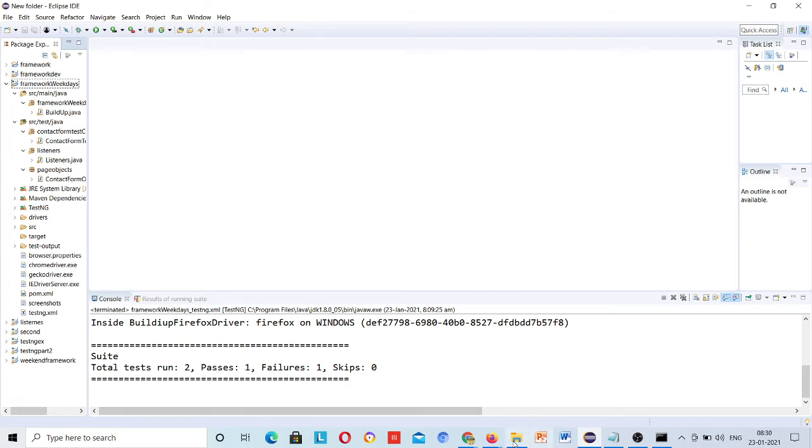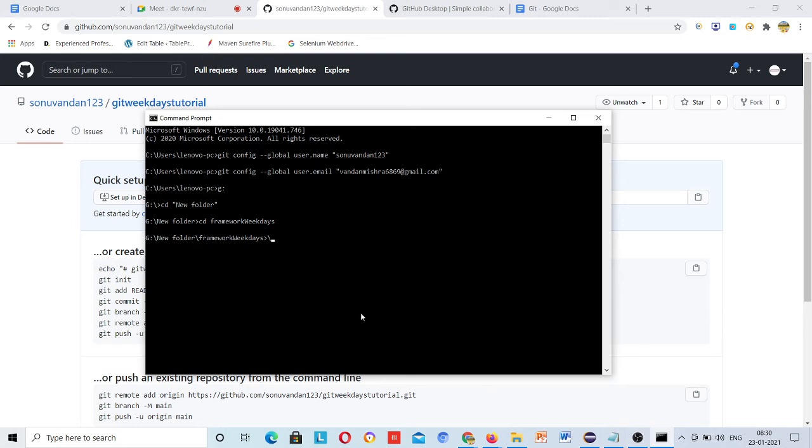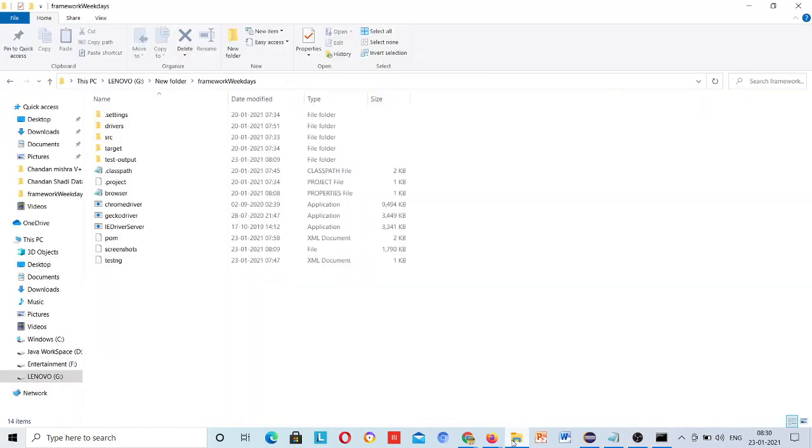So just go to this command prompt again and see, this is your code. Now first of all you need to initialize this as a Git project, so that Git can understand that Git should be present here. So Git will understand that this is your project.